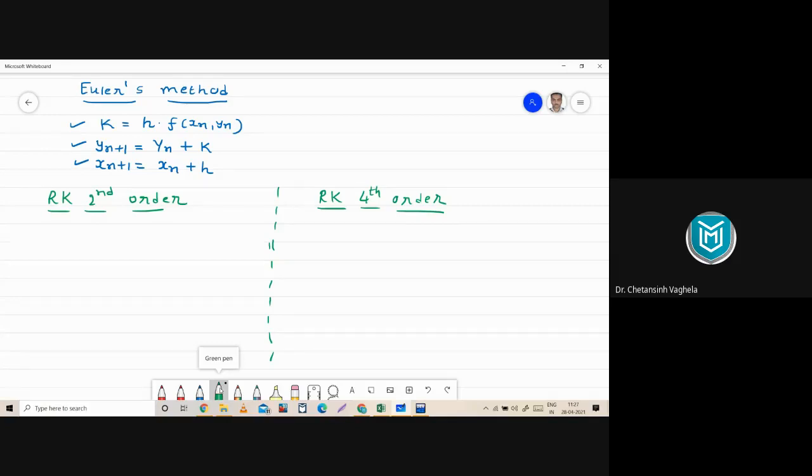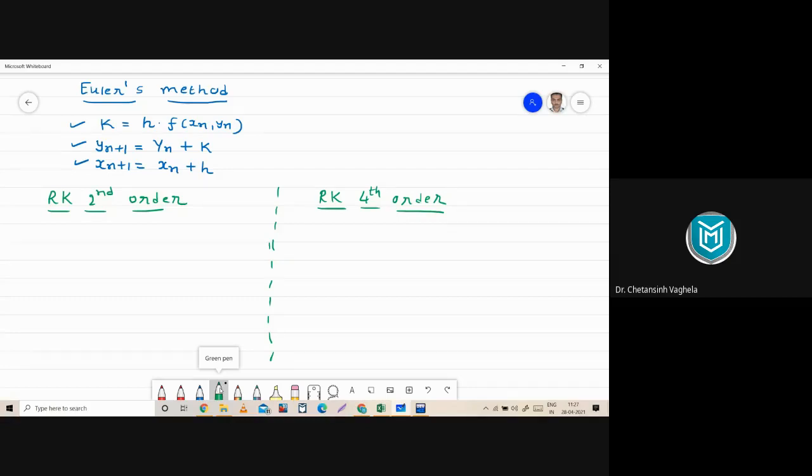In Euler's method, we are using a single factor K to update the value of Y. But in RK second order, instead of a single factor, we are using two factors, K1 and K2. Using K1 and K2, we will calculate the value of K, and by this value of K, we will update the value of Y. Since we are using two factors here, that's why it is called second order.